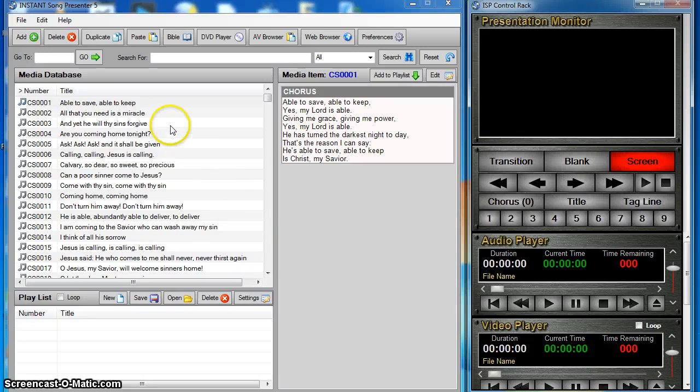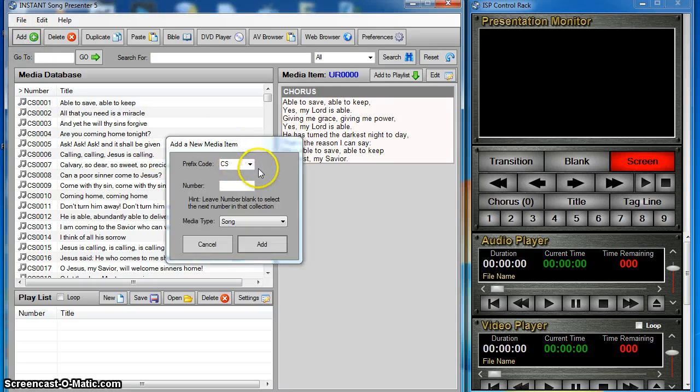In this tutorial, we're going to take a look at how to add an outline to the media database. Basically, adding an outline is just like adding a song or any other AV item to your media database. Simply start by clicking on the Add button, and that will bring up our Add Media Item screen where we